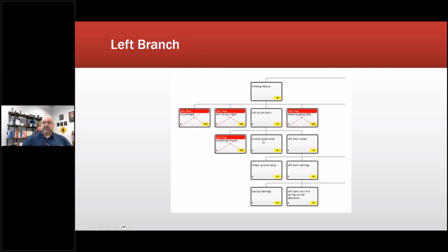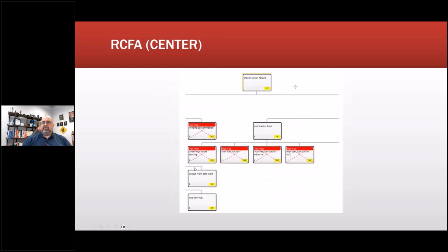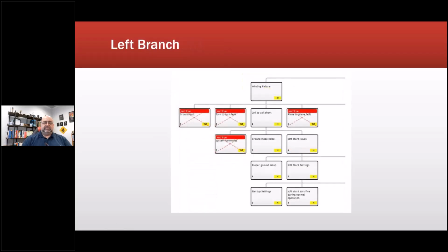So we knew that there turned out to be ground mode noise. So yes, and that was associated with these. If I go back here, output from the soft start stop settings. So then we come over, and the next one is